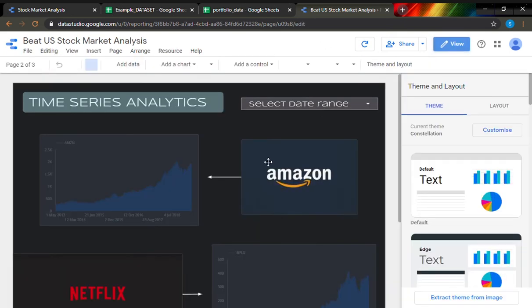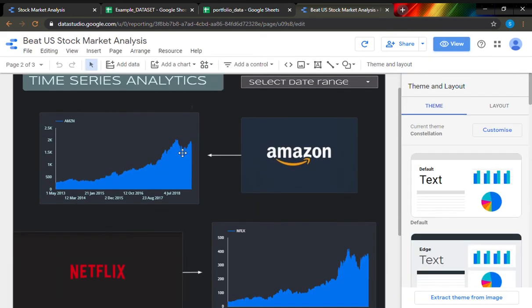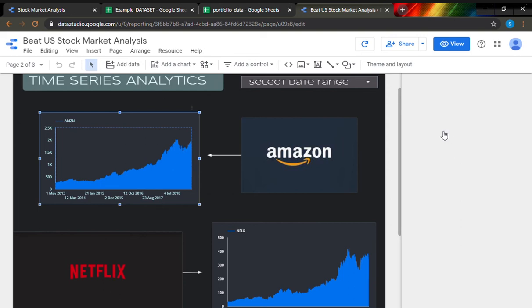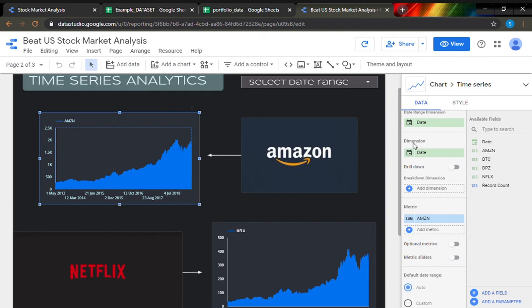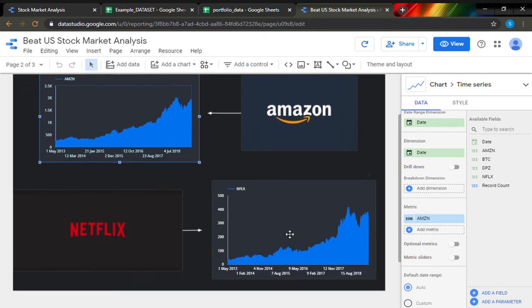You can see in edit time series analysis, after adding, we can see this available. This is the data source. In time series analysis the main thing is the date range dimension, that is the x-axis would be date, and in the first I have selected metric as Amazon and the second is Netflix.